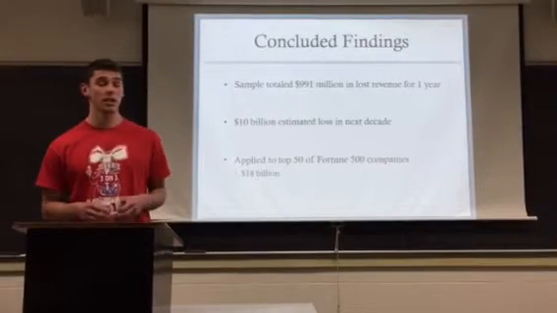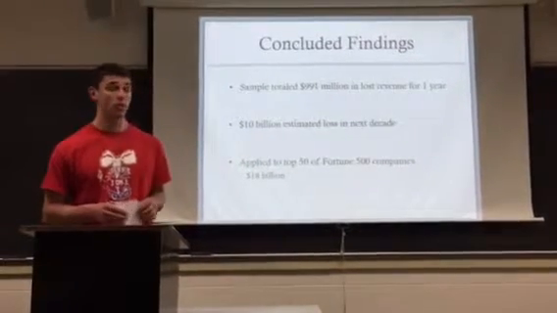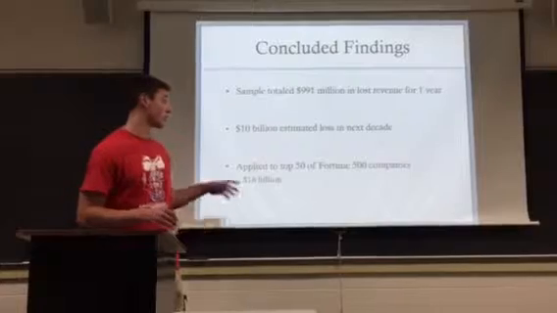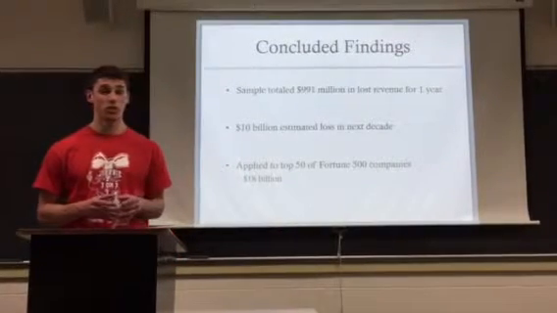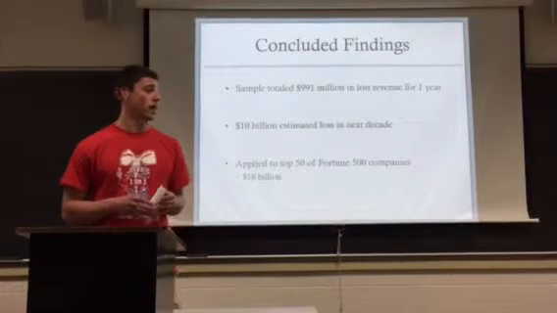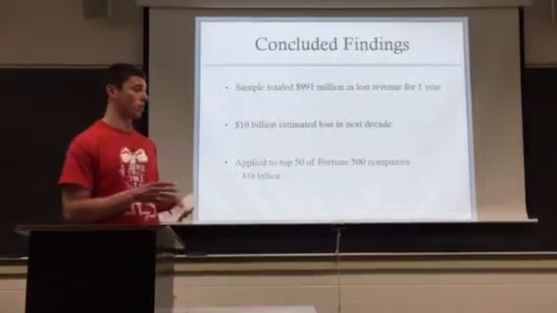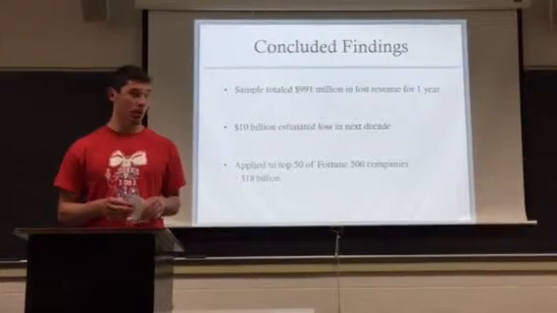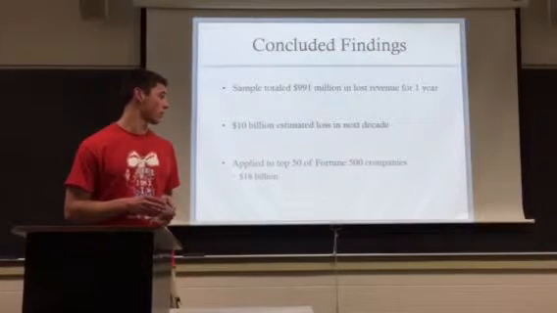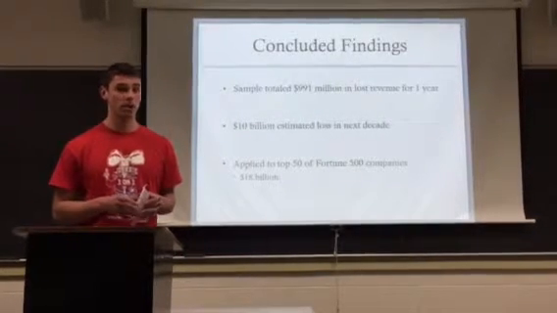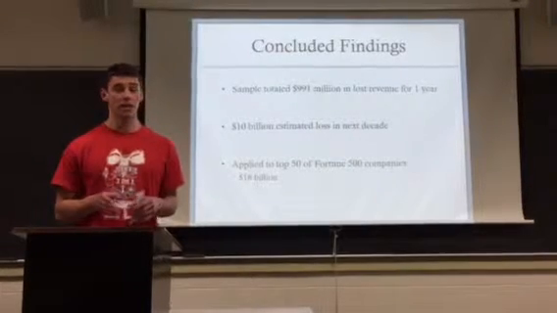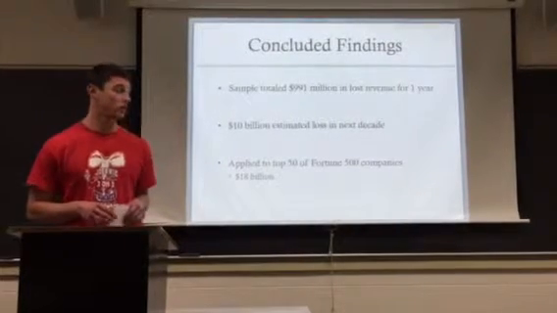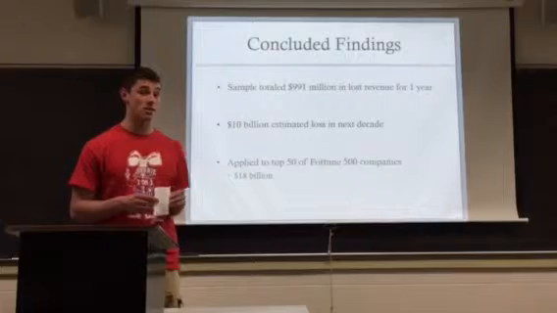The number does not seem like a lot as of 1 year. However, when you take that up to 10 years, you find that the U.S. Treasury would lose just on 12 companies roughly $10 billion in U.S. tax revenue. And then I wondered how this would change if many of the top U.S. corporations were to invert, and I applied a 10% average against the top 50 of the Fortune 500 companies using their tax expense, and found that if all 50 of those corporations were to invert in 2014, the U.S. Treasury would have lost $18 billion in U.S. tax revenue.